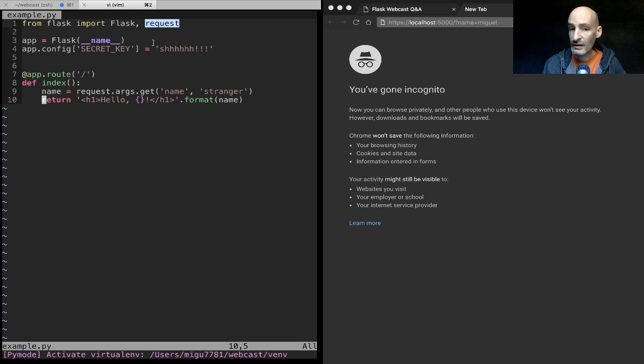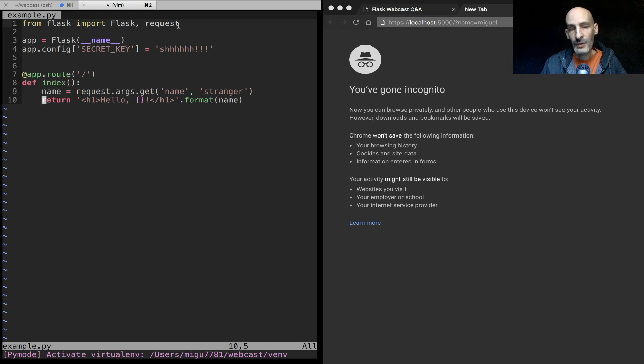The context is basically a data structure. I'm not going to go into a lot of detail on how the request context is structured, but it's basically a list of objects. And when a new request arrives, Flask is going to put the request object for that request as the first element in that list, and then it's going to invoke your view function. And here, when you import this request symbol, you're not really importing a variable. This is not a variable. This is an object that